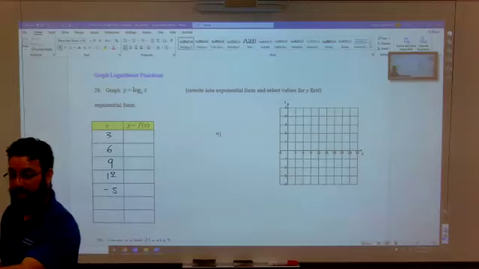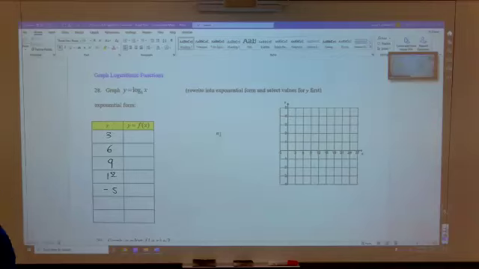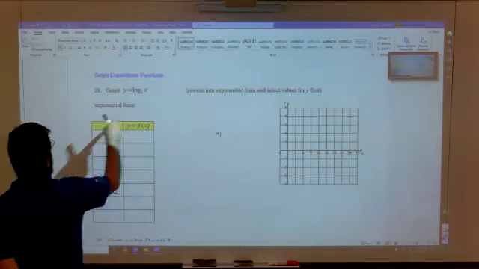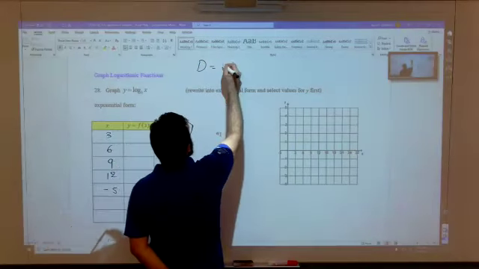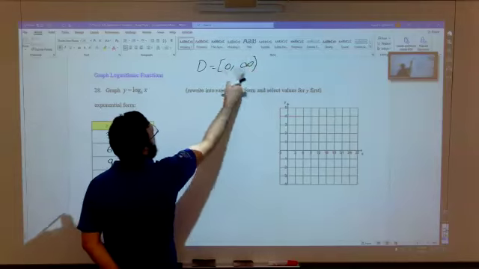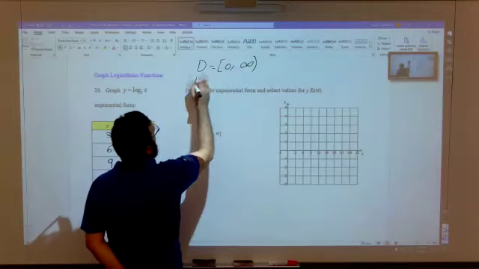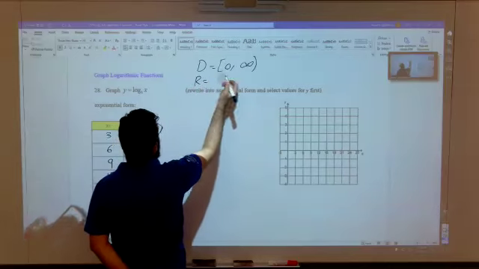So if you put 1, you're going to get a result, right? If you put 1, how much is it going to be? 0. If you put 1, it's going to be 0. That means for the log, the domain starts from which point? From 0 to infinity. That's what I can choose. And the range is from,